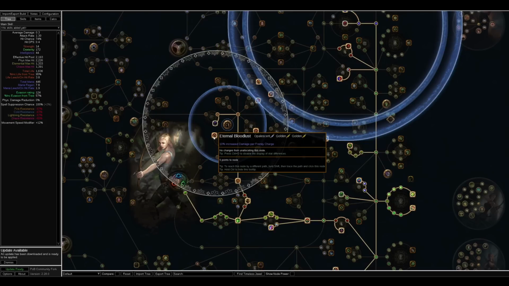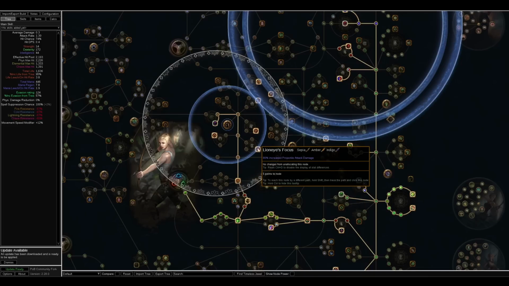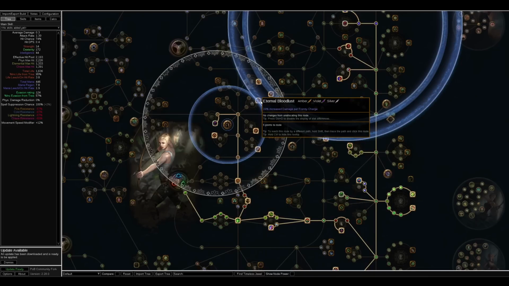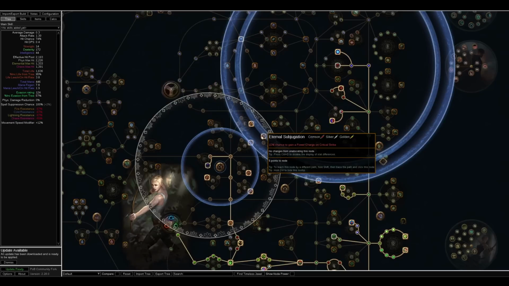giving us damage per frenzy, which is good on bow builds, avoid shock, which can be used to get ailment immunity, 80% projectile attack damage, which is good for bow builds, accuracy, another damage per frenzy, spell suppression, and power charge on crit. Thus, all of these 7 nodes that we pick up are extremely strong compared to a normal notable. But along with these 7 nodes that we pick up, additional nodes because our Massive Thread of Hope hits additional nodes